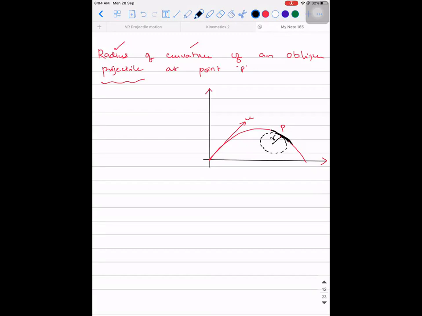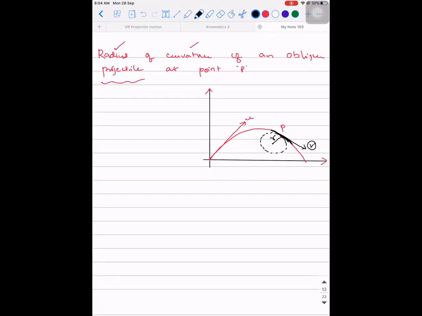So on the curved path of the projectile, if you take any point P, at that point P you are able to draw a circle with center somewhere in between, such that the velocity at that point is always tangential to it. One point to be remembered throughout physics: whenever you need to calculate the velocity of a particle at a particular point on any kind of curved path, you always need to draw a tangent. So we draw a tangent here. Let's say the velocity at this particular point is v. I hope you are able to understand this point.